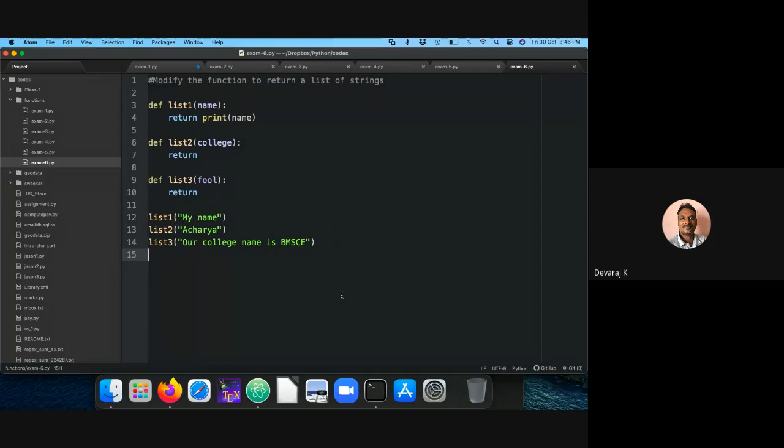So this is a function to return a list of strings. Why this particular program is important is that I may sometimes be reading a particular file with a list of strings. It has to read the file, then read the string and print it. So for data structures, this kind of function will be very helpful. That's why I took this example. Okay, fine. Let me take one more example and we'll try to wind up.